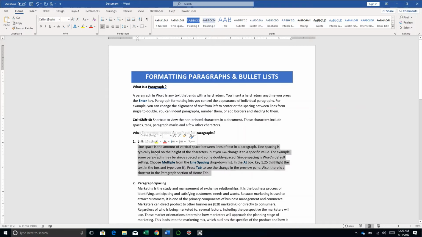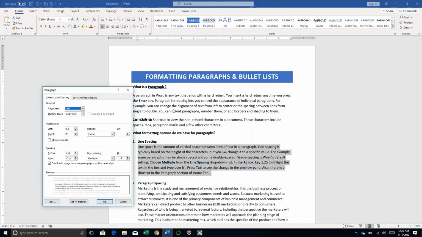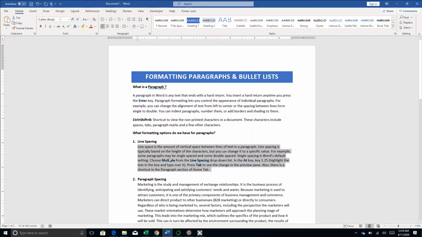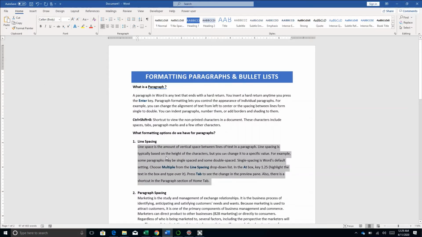You simply select the entire paragraph, right click on the paragraph, go to paragraph, and then here you can use these two options to change the spacing. Now what are the options? Line spacing: when you select single, it creates one single line of space between the consecutive lines. I'll press OK to show you what happens. You see there is a single line of space, and when you select 1.5 lines, it creates a space equal